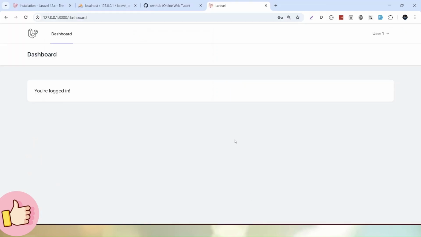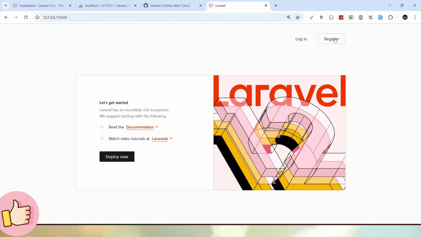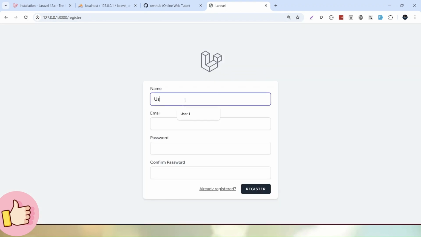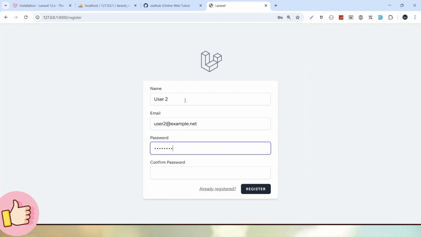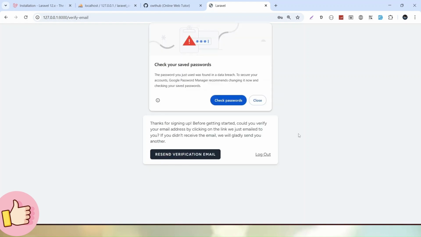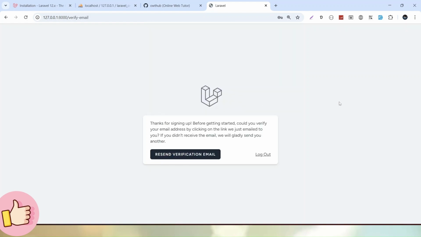Let's go back to the browser, and here first I will click on logout. Let's create one more user, and I will call it user2. Let's say user2 at example.net. Password will be again from 1 to 8, 1 to 8. Click on register. So after implementing the concept of MustVerifyEmail, now we can see that here we have an additional step